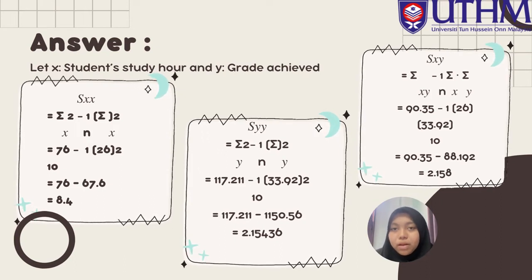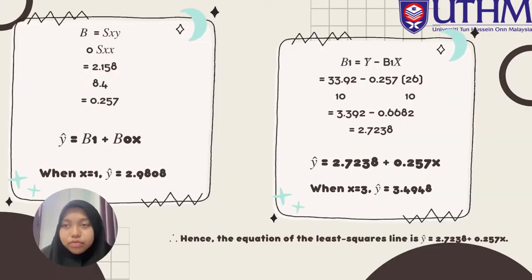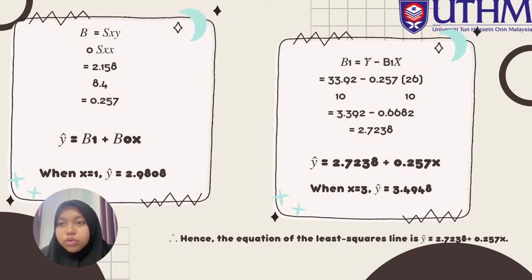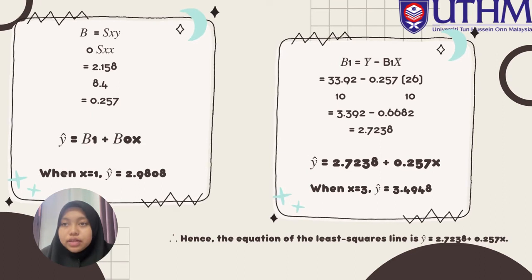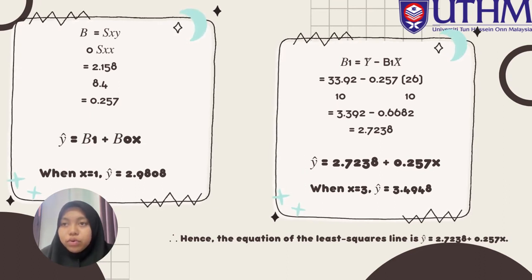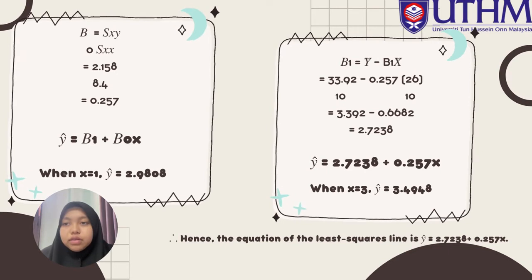And next, for B0 and B1, you will see here that B1 equals Sxy divided by Sxx, which is we just take the value of Sxy, 2.158, divided by Sxx, 8.4, and the answer we will get